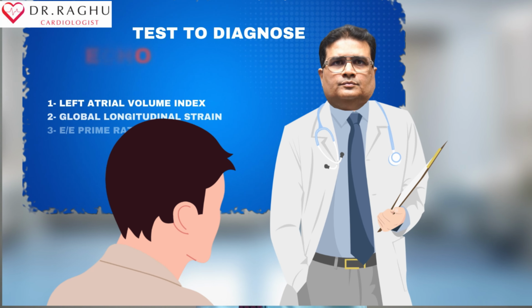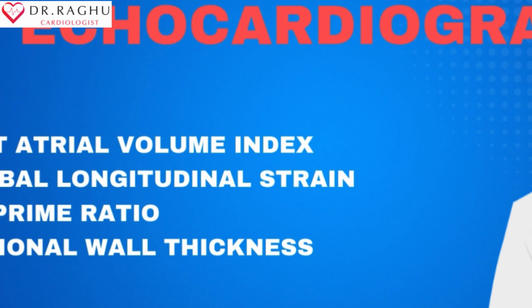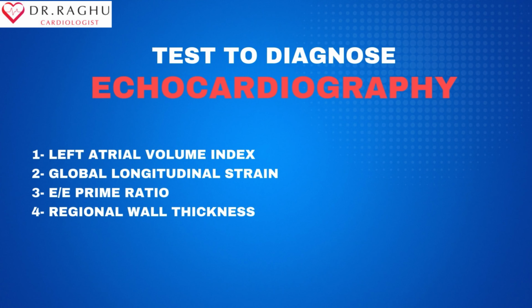So we already understood that when the ejection fraction is normal, nobody will consider a heart failure. So in those patients we have to do some advanced echocardiographic modalities. Common amongst them, what we do in our routine practice, are global longitudinal strain, E by E prime ratio, left atrial volume index, left ventricular hypertrophy. So those are some specialized parameters based upon which, on echocardiography, we can suspect the presence of heart failure